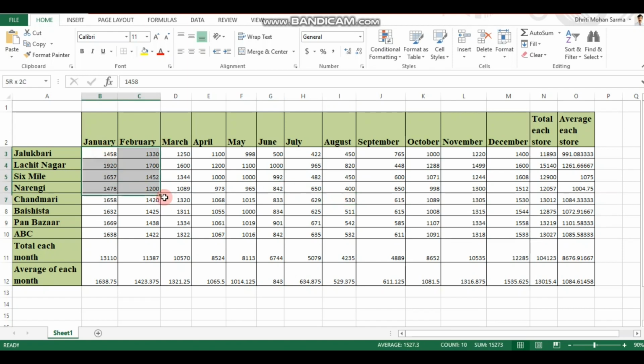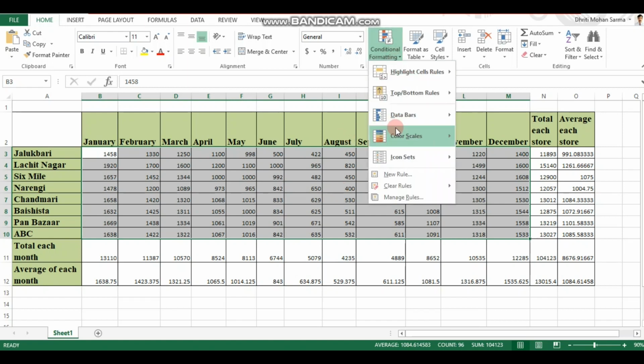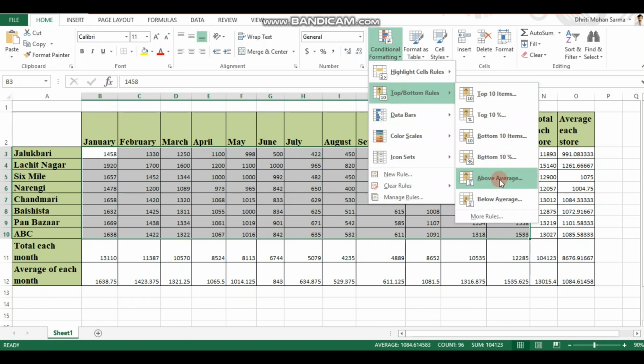So if we take these individual sales, that means from B3 to M10, and I want to find all those cells which are above average, what happens? Once I select this particular range and then apply the option, Microsoft Excel calculates the average of all this data and then marks the cells that are below or above the average. So let's check for above average. Obviously this will apply for top 10% and bottom 10% as well, and we'll see that as well. So let's check above average.